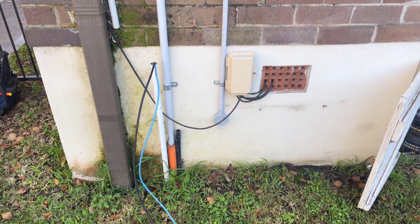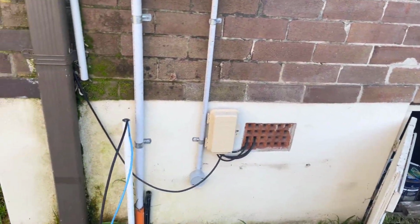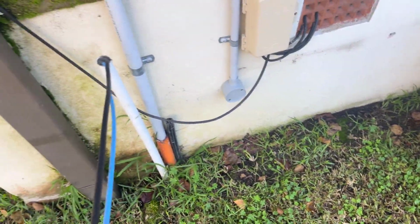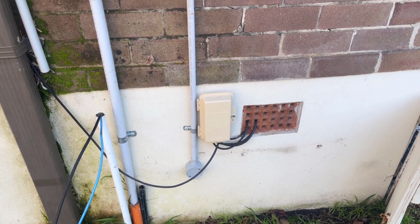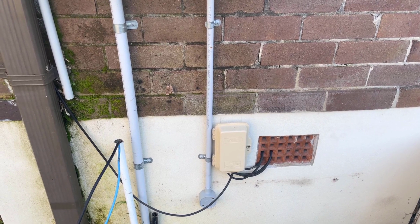So I'm out here in Eastwood for a customer today who's got a granny flat here, and basically they're going to want to share the internet with the granny flat. So the Sparkies have put in these cables which go to sockets inside the granny flat, and today, a pretty simple one, just going to be taking it through into the house, putting a socket in the house, an Ethernet